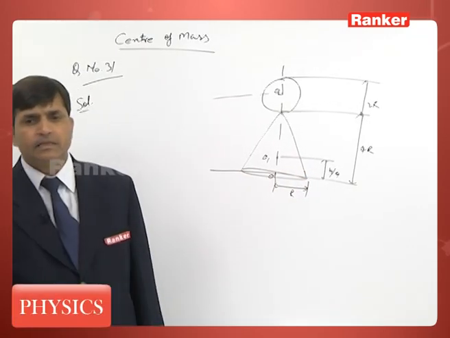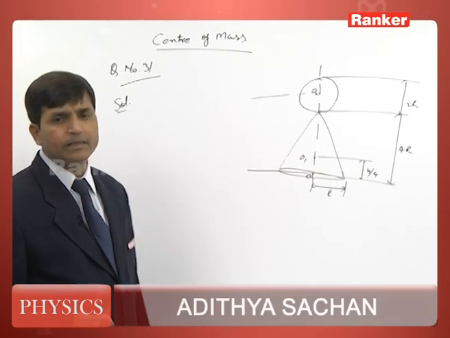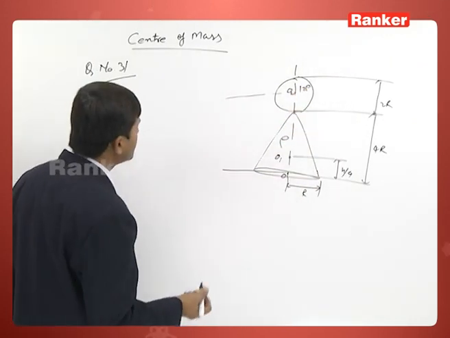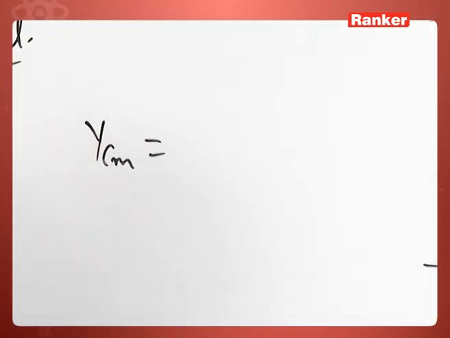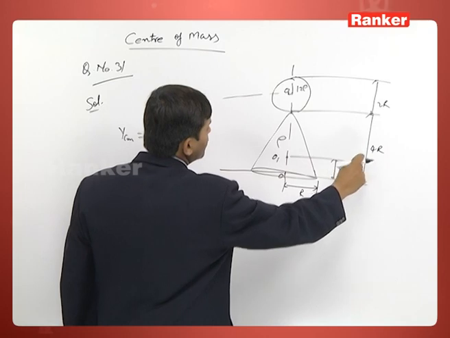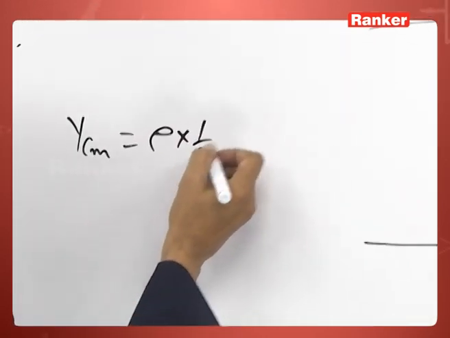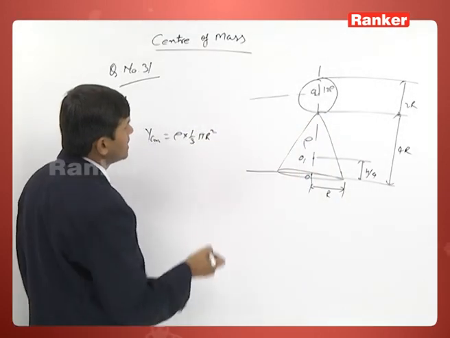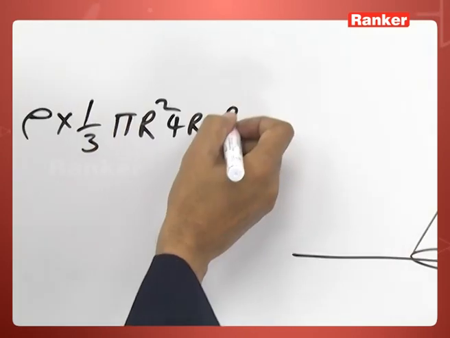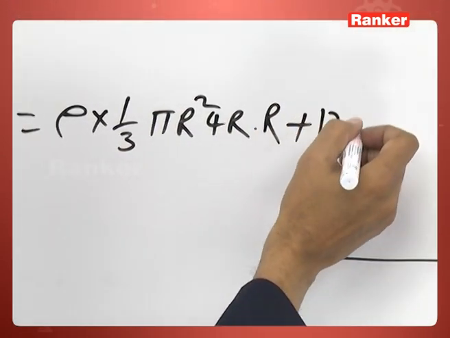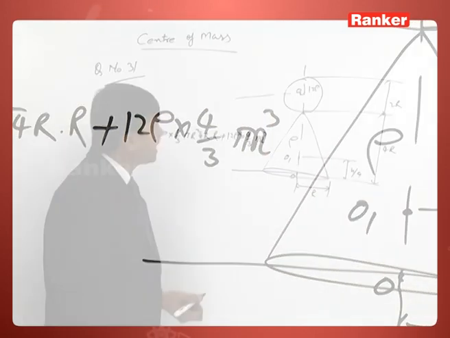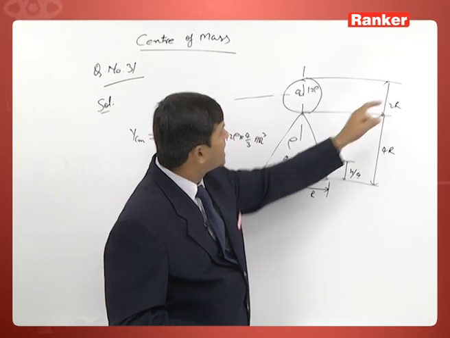And one more point given: the density of the material of the sphere is 12 times the density of the cone. The density of the cone, let it be rho, and the sphere's density will be 12 rho. Only the y coordinate is needed. So, ycm is equal to m1 y1 plus m2 y2. M1 is rho into 1 by 3 pi r square, h is 4r. This is M1 into its center of mass, that is r, plus density 12 rho, volume 4 by 3 pi r cube, and the position of the center of mass from here to here is 4r plus r, 5r,